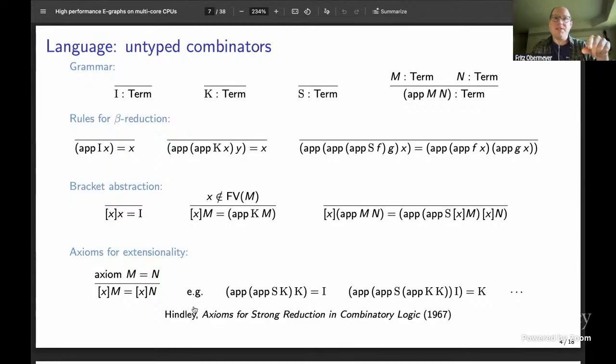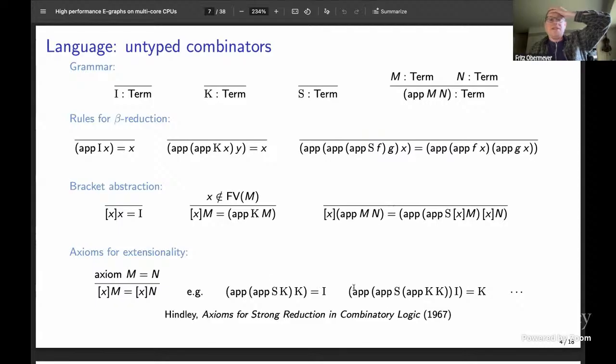I leverage this fact in my system. I thought you might be interested because it's an alternative to slotted e-graphs and binding, one way you might do binders in e-graphs. I use this quite a bit, and I have some nice rules